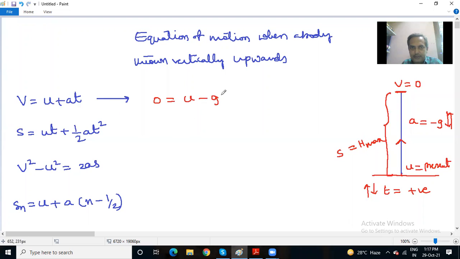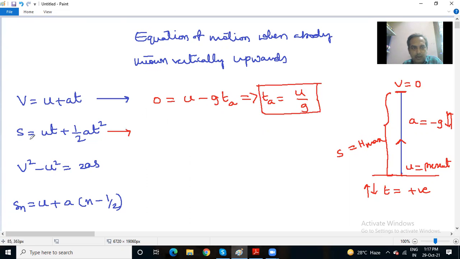Now you take t as the time of ascent. Instead of simply writing t, you write it as time of ascent. I'll give you the definition of time of ascent after that. Now for the equation of time of ascent, taking u to this side, the negative sign in front of u and in front of g get cancelled. You will get u by g. So this is the equation of time of ascent.